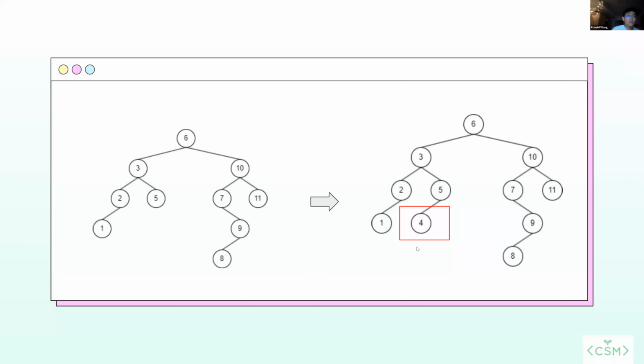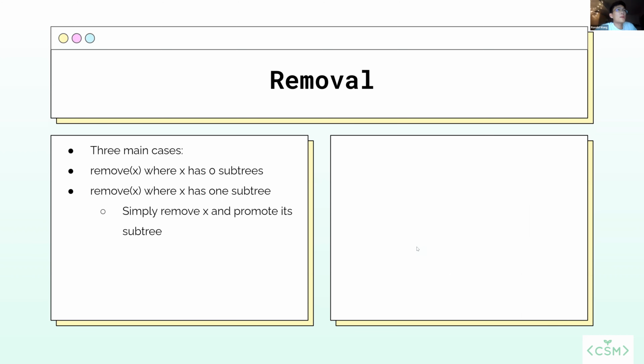All right, and so the next 2 questions are all about remove. So now let's take some time to break down how remove works, right? Remove has 3 main cases. Now, the first case is quite simple, right? The first case is where the node X that we want to remove has 0 subtrees, in which case that's